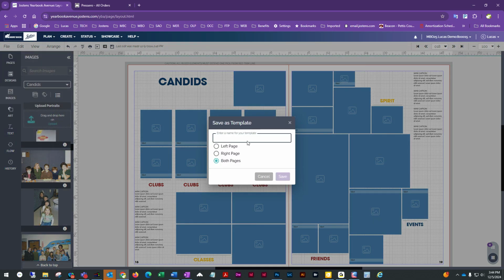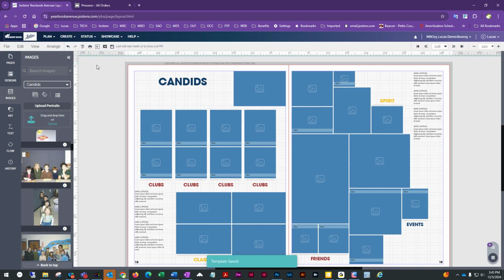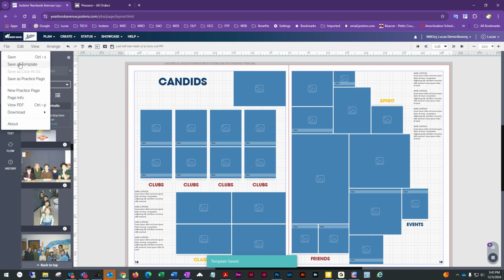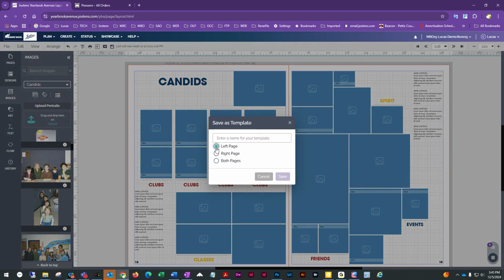Here's where we're going to then get a prompt, and you can choose just the left page, just the right page, or both pages. On this first one, I'm going to do both. So I'll just give it a name. My candids, and I'm just going to name this one Candid Spread. Hit Save. And let's say maybe I just want this left side here, so I can go to File, Save as Template, and left page,